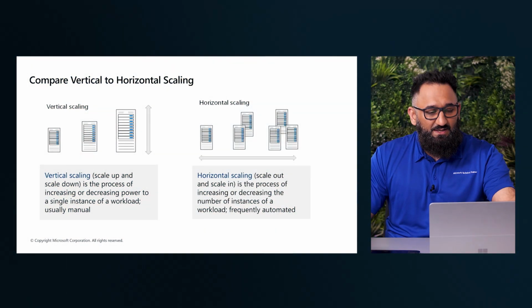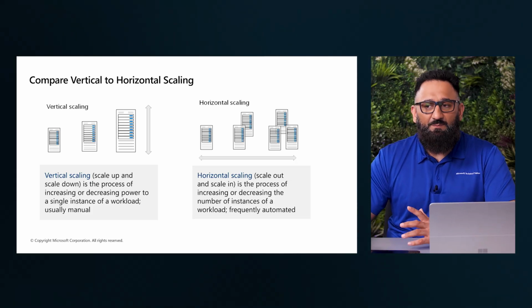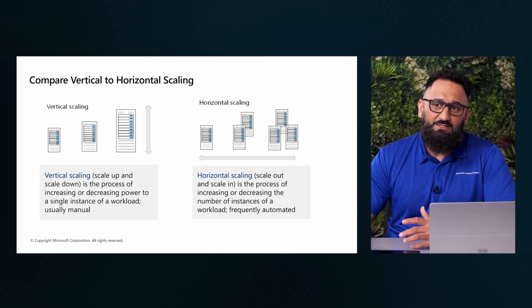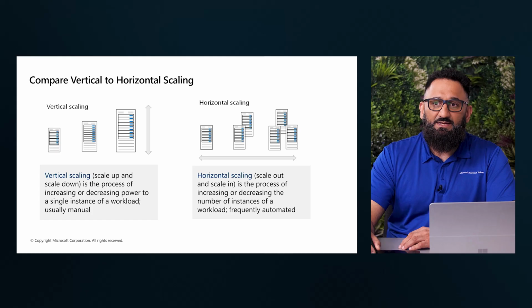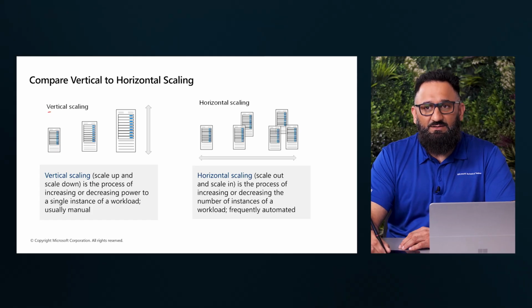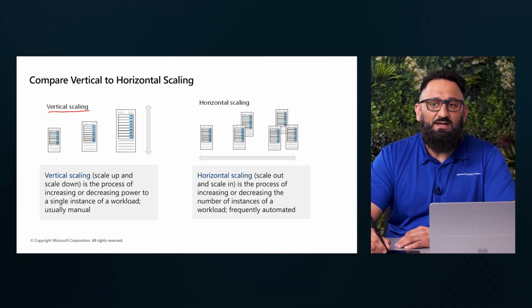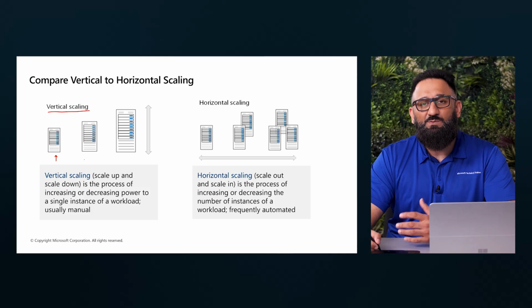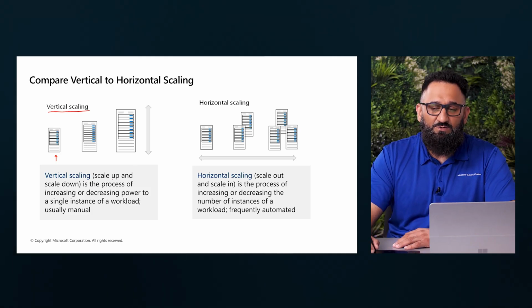Now, back onto my slides, looking at some of the options for scalability, two different terminologies that might be worthwhile discussing. Again, some of the basic cloud concepts that you would have covered in the past: vertical scaling and horizontal scaling. Vertical scaling simply means that I'm looking at a resource type that I might want to scale up or scale down. The two terminologies that come along with vertical scaling are up and down.